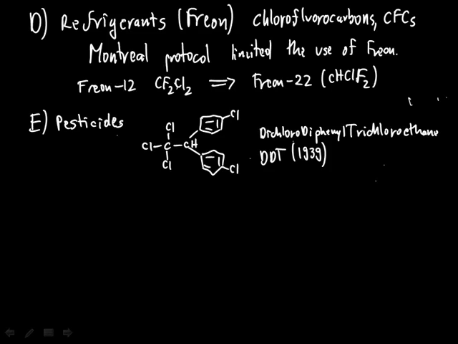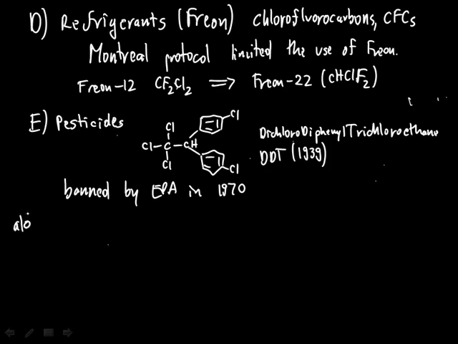But it was banned in 1970 by the Environmental Protection Agency when it was realized that it degrades very slowly in the environment. And since it doesn't degrade, it starts accumulating, and its toxicity, although low, starts getting more and more pronounced. Not so much in humans, but in many species of animals, especially some endangered animals that suffer from these accumulating concentrations of DDT. And so it has been largely replaced with other pesticides,